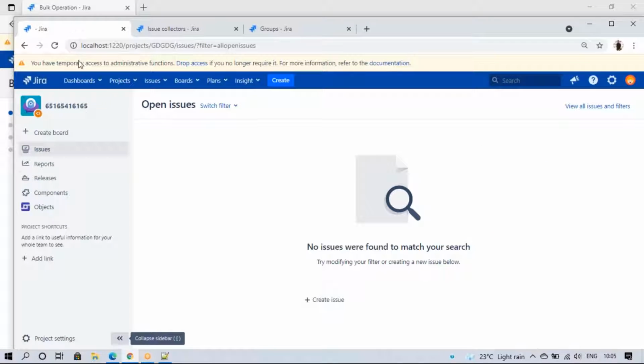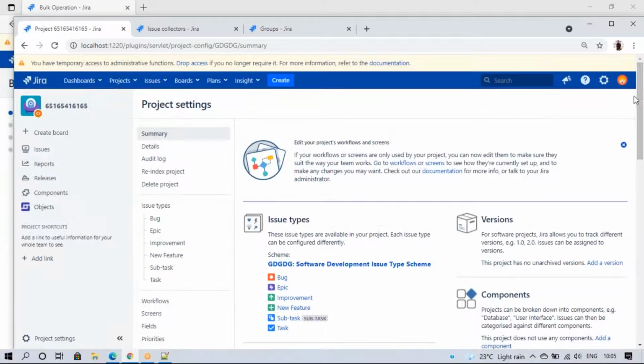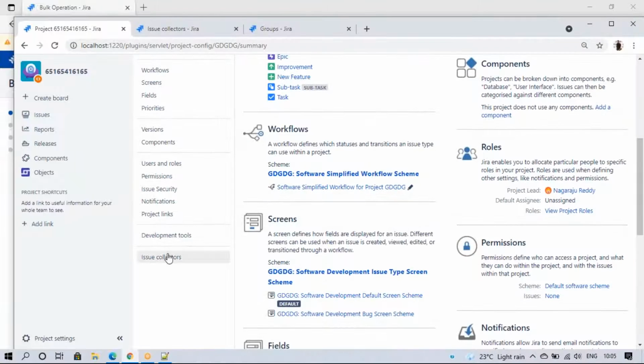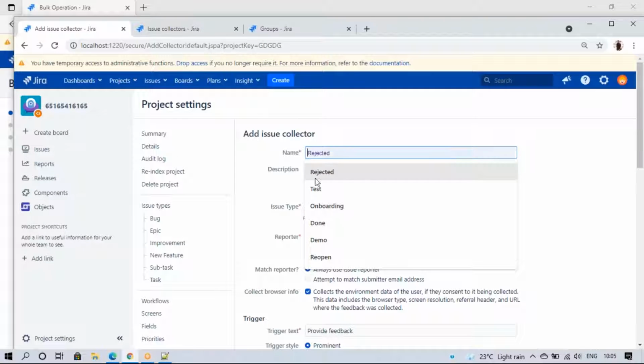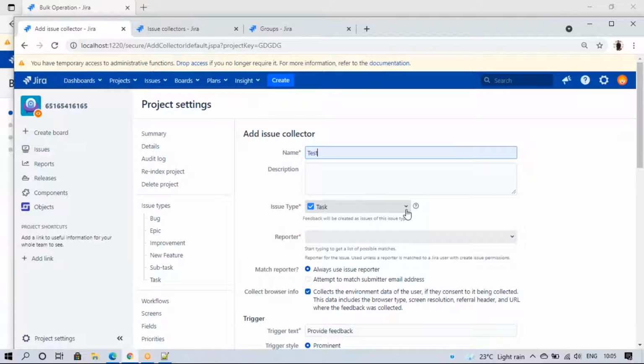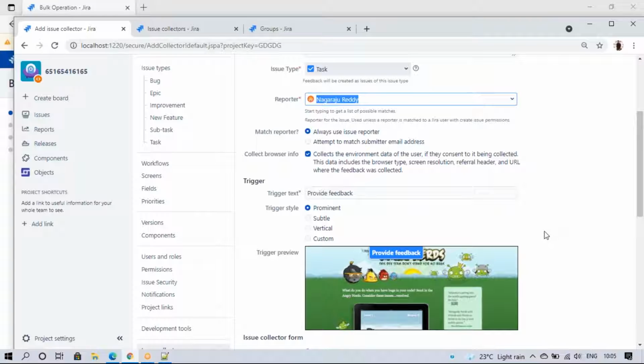I don't have any issue collector here, but if you go to the projects, we have the issue collector option on the left side, down, the last option. Okay, if I click on issue collector, I can enter one name, suppose test, or description, issue type, task, and reporter maybe. I'll enter admin. Match reporter. This, go back. Okay, so here,